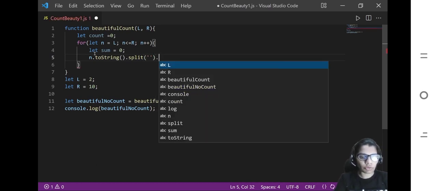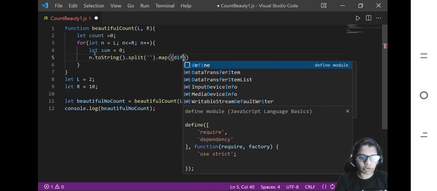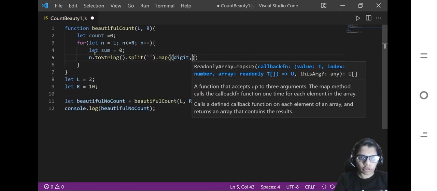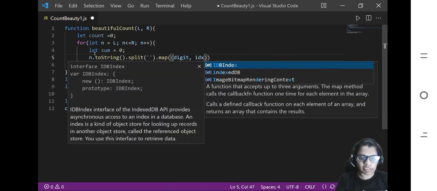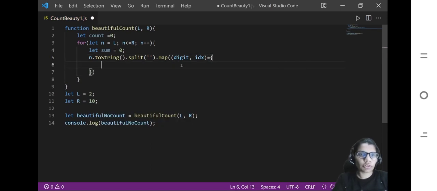After this, what you can do is map every digit to an index. So let's say we are mapping our every digit to an index. So here, what we are gonna do